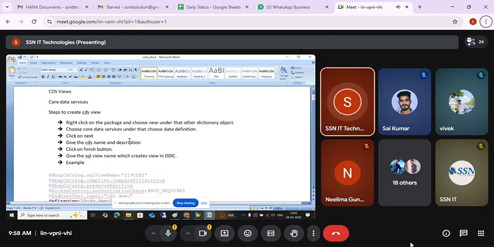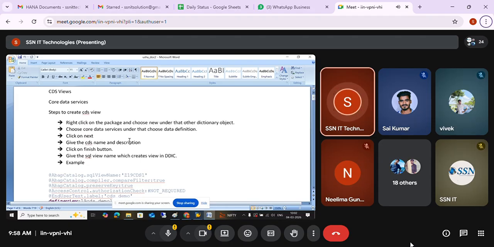And then we have DQL, data query language, which is nothing but select statements for fetching and reading the data from database tables. CDS views are going to trigger at the HANA database level. So that is about DQL, where with the views we are going to use select kind of data. So that is where we are going to create the CDS views. CDS, core data services, is the full form. In that we are now discussing the views.